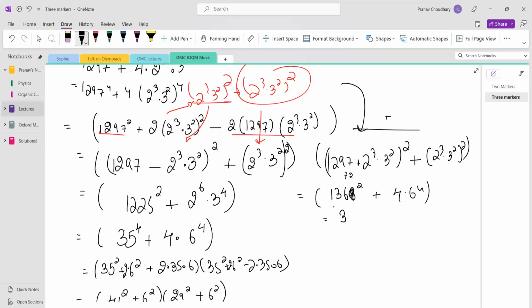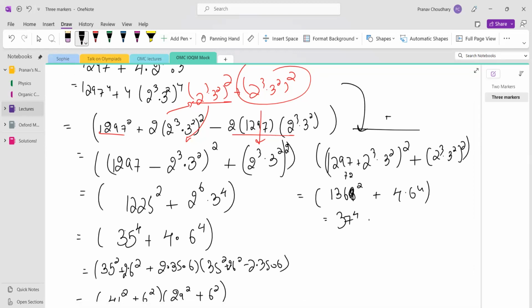I think this is a perfect square. I think it should be 37. Let's see, 37 into 37. So 21 to 59, 111. Yep. So this is 37 square. So this is